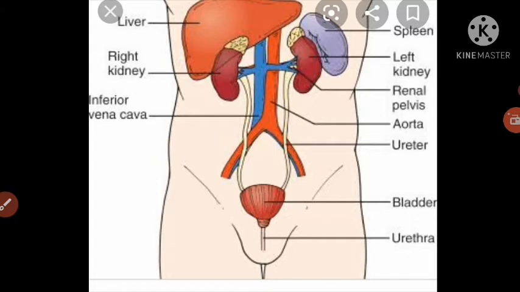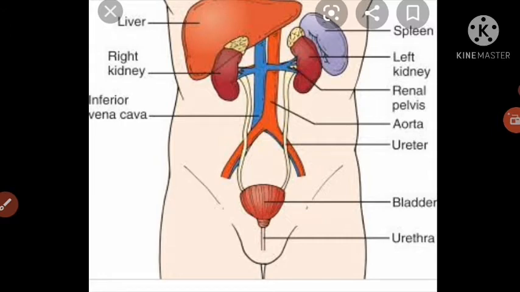Kidneys are reddish brown, bean-shaped structures, measuring 10 to 12 cm in length, 5 to 7 cm in width, and 2 to 3 cm in thickness, with an average weight of 120 to 170 gram. The kidney is covered by a tough fibrous tissue called capsule. The concave part of the kidney is called hilum, through which a pair of arteries, a pair of veins, and a ureter